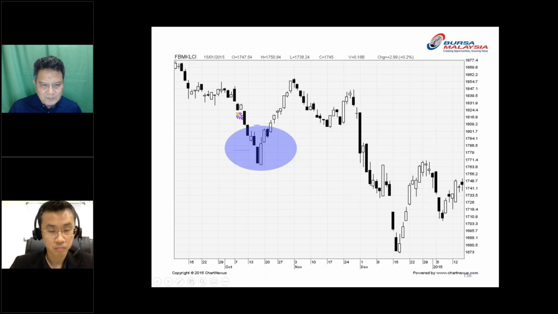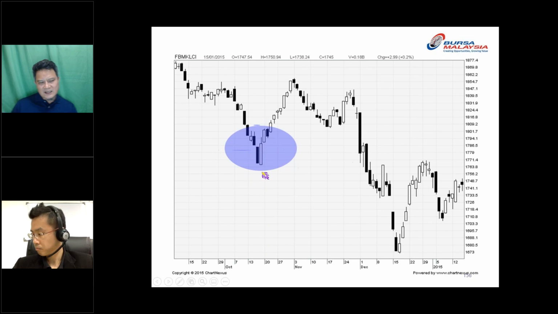For example, look at this dropping. It drops, then slows down, and this big candle is dropping, and it tries to push up slightly but keeps on dropping, and then drops further. Then what we call a bullish engulfing appears, and after that you can see the price start to move up.